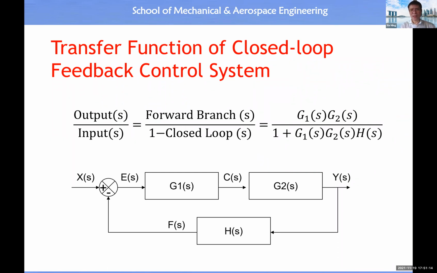Okay, with a closed loop control system. For example, let's say we construct this negative feedback. Then in this case, what should be the equivalent transfer function between output and the input? Then this will be the first formula in control theory. This is like Newton's second law, you must remember when you study physics. So this formula tells you the equivalent transfer function is equal to forward branch over 1 minus the loop transfer